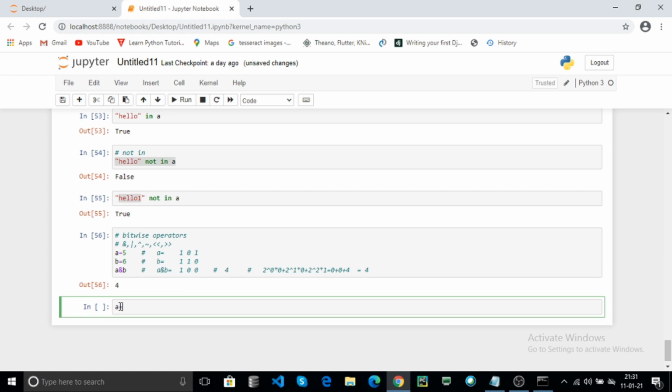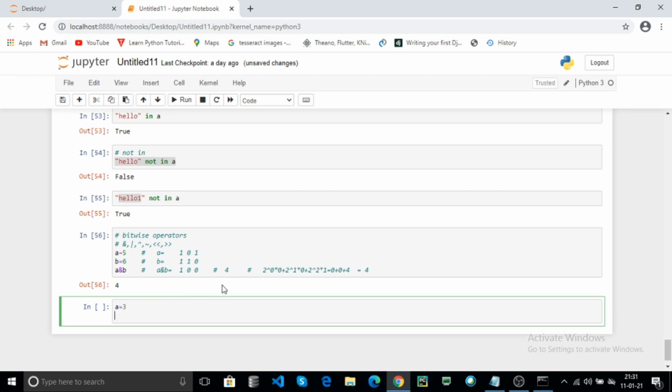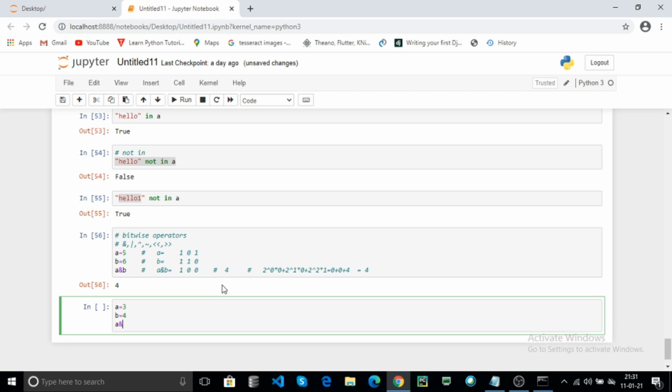And we can also perform a equal to 3, b equal to 4, a and b. Here 3 is converted into binary 0 1 1 and 4 binary is 1 0 0.